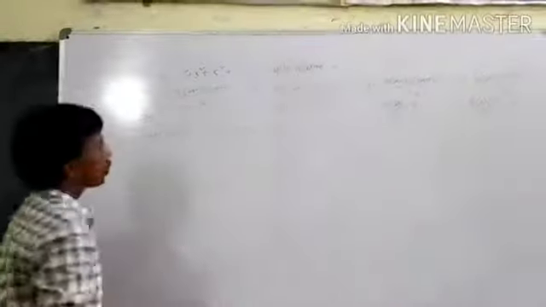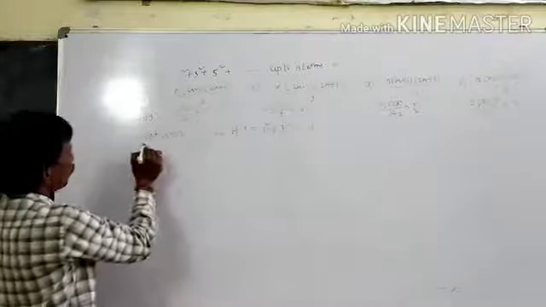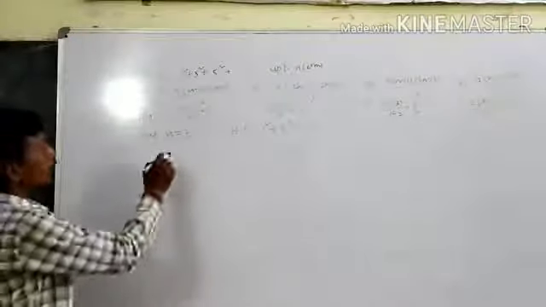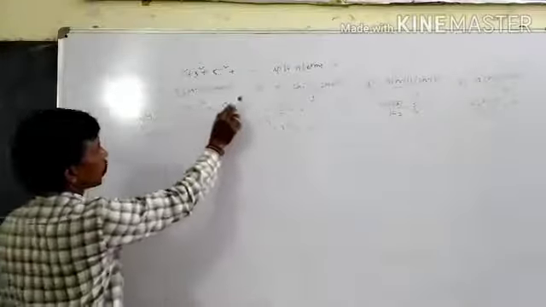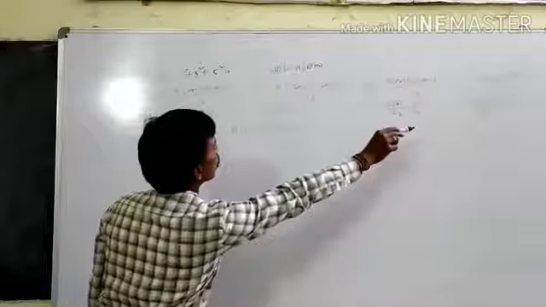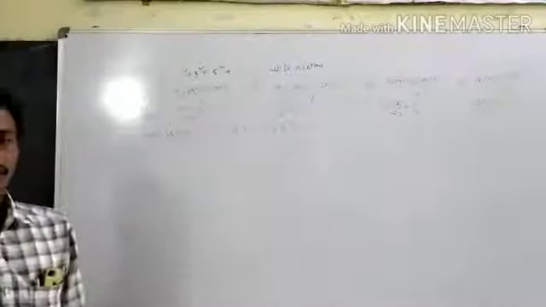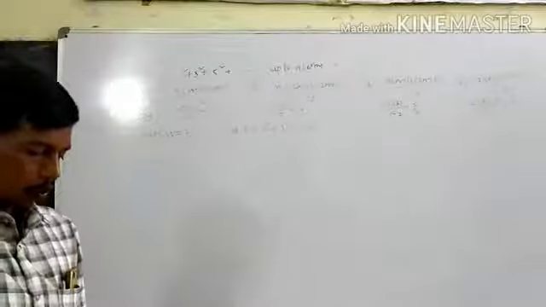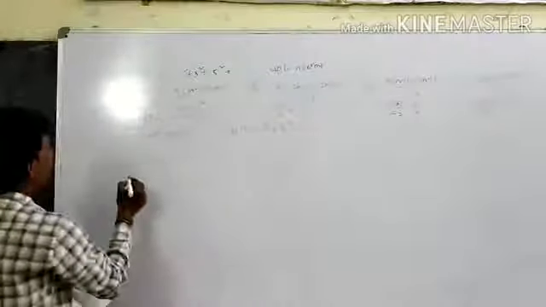So which option is the right answer? Second option is the right answer, because when you put n equal to 2 and verify the options, LHS equal to 10: the first option is 5, second option is 10, third option is 5 by 2, fourth option is 3. So the second option is the right answer. So this type of problems is series type. Now divisibility problems.